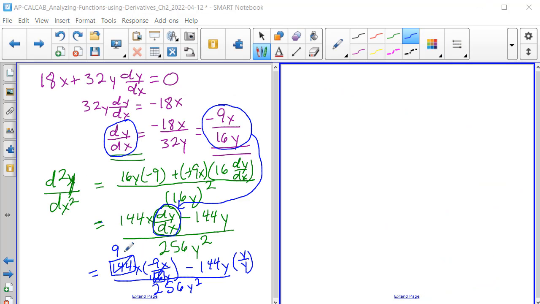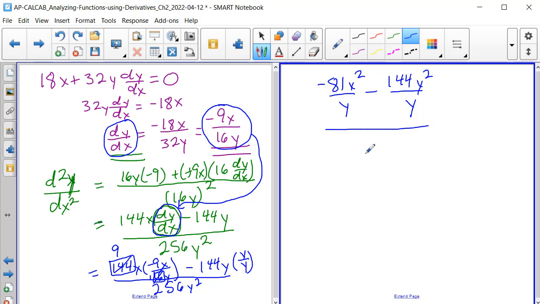So if we now multiply these numbers together to get another simplified step, we're going to have negative 81 x squared divided by y minus 144 y squared divided by y. And now this whole thing is over